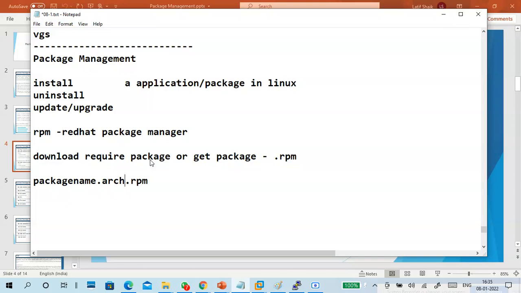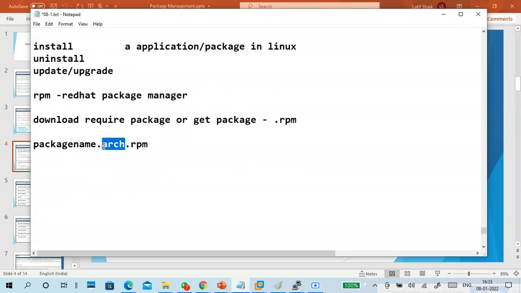architecture, 32 or 64-bit. Architecture type is also there. So architectures is like 32-bit architecture specified, or x86 or maybe 64.